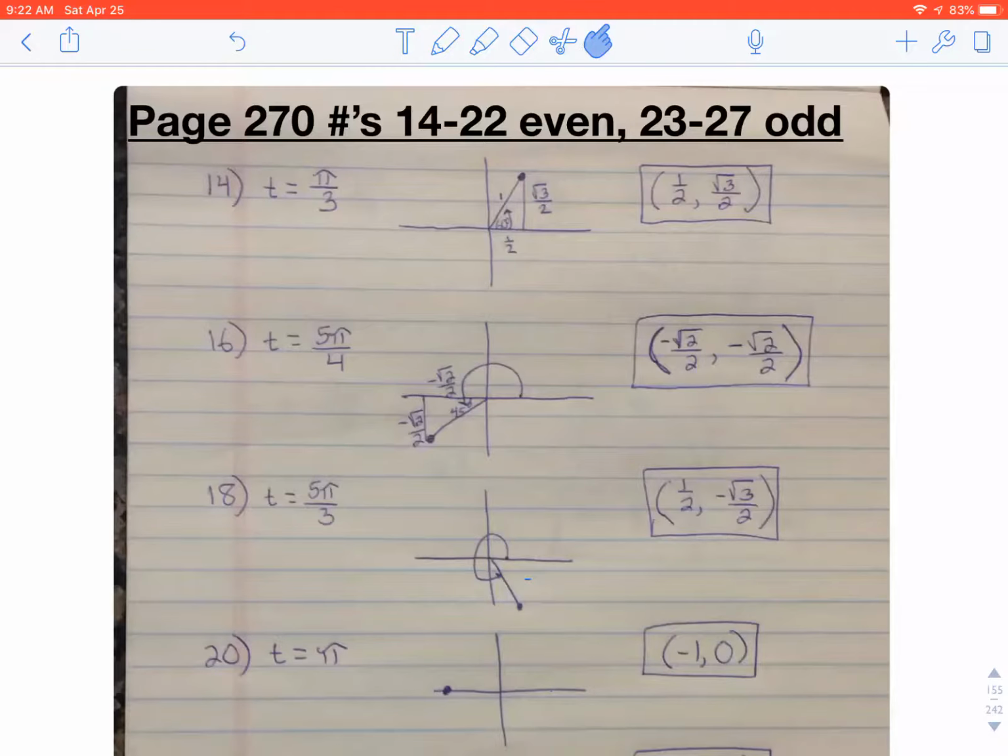Hi everyone. In this recording, I am going to review the homework solutions from page 270, numbers 14 to 22 even, and 23 to 27 odd. Okay, the directions for 14 to 22 even says, find the point xy on the unit circle that corresponds to